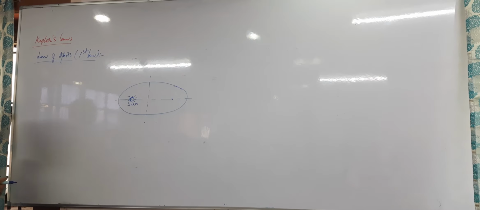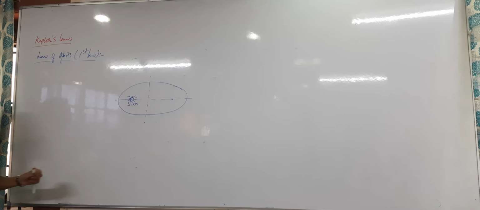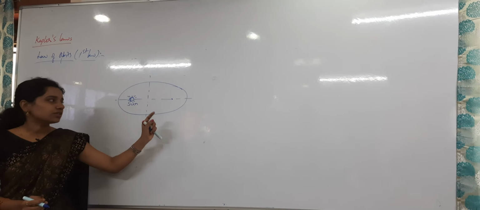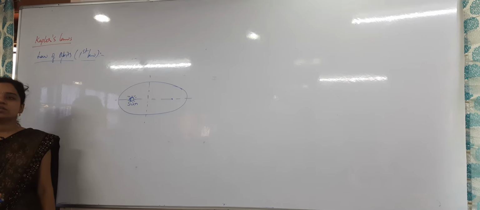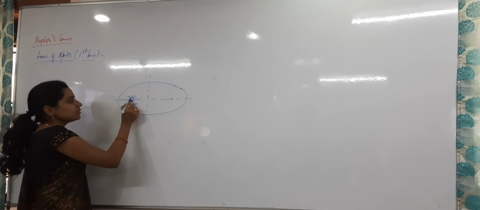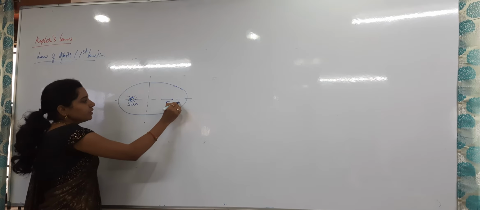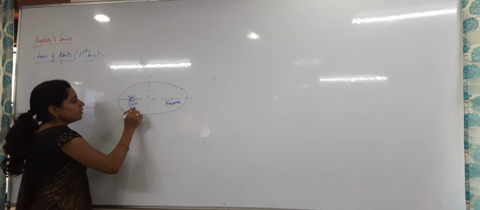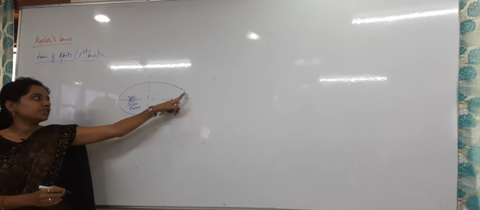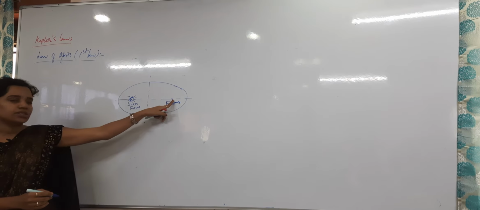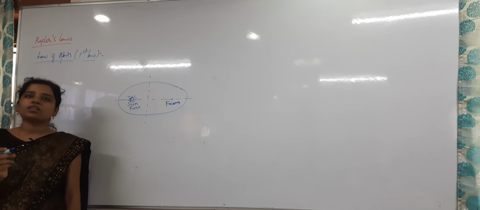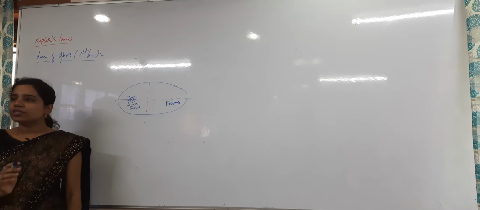So here Kepler's first law states that all the planets will be revolving around the sun in which orbits? Elliptical orbits. That's theory only. That is, all the planets will be revolving around the sun in elliptical orbits, and the sun will be present at any one of its foci. This is one focus, this is one focus. These are the focus points we will take, and the sun will be present at any one of its foci. Even the sun can be present here also, anywhere, but the sun will be at any one of its foci. So all the planets will be revolving around the sun in elliptical orbits.